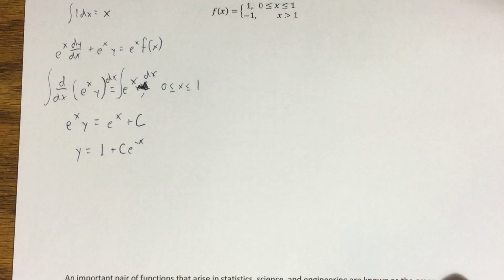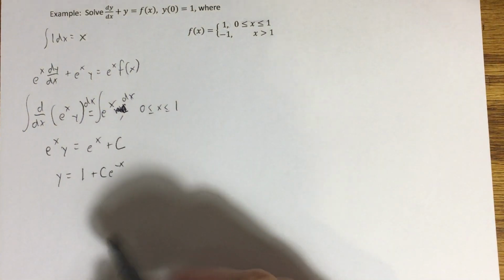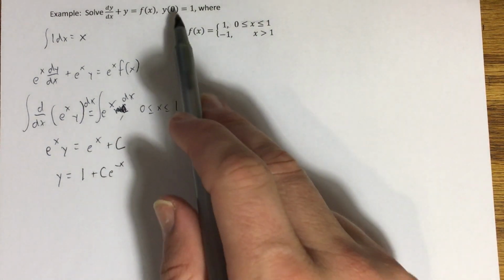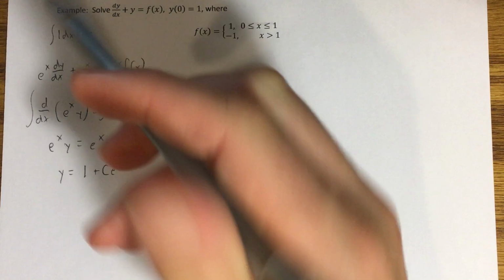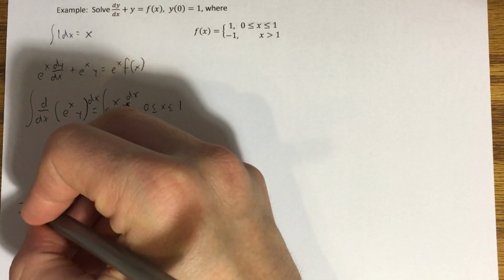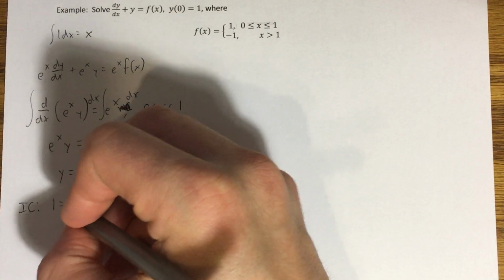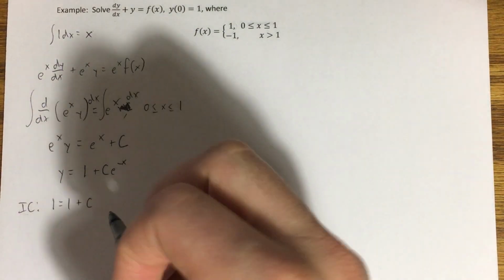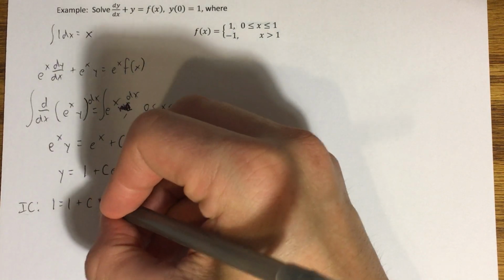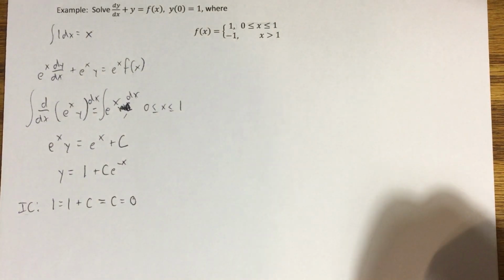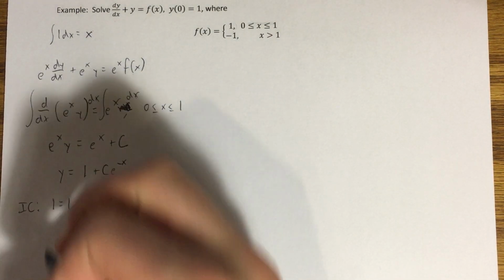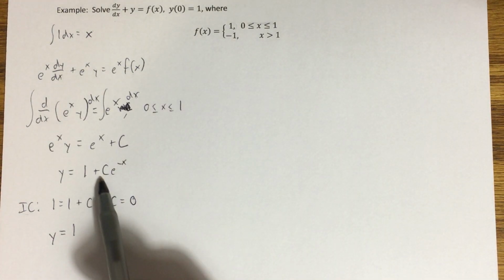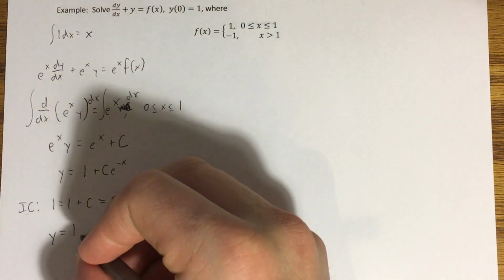Okay, and at this point, I'd like to use my initial condition to determine what c is equal to. So plugging in a 0 for x and setting y equal to 1. This is where I use my initial condition. I have 1 equals 1 plus c times e to the 0, which is just 1. So 1 equals 1 plus c, or in other words, c equals 0. Okay, putting that up here, I have y is equal to 1 plus 0, so just 1, on that interval